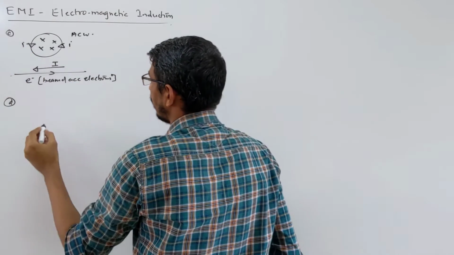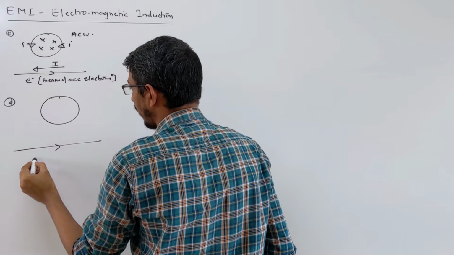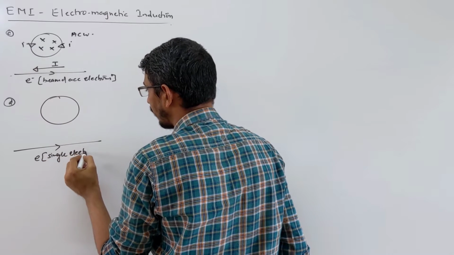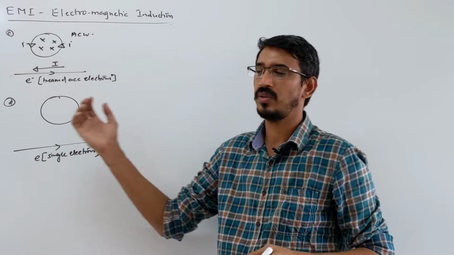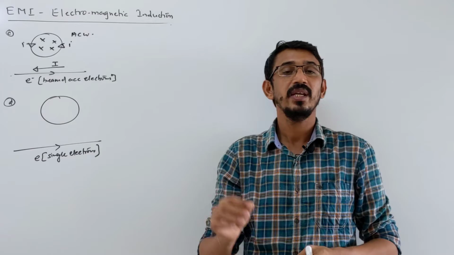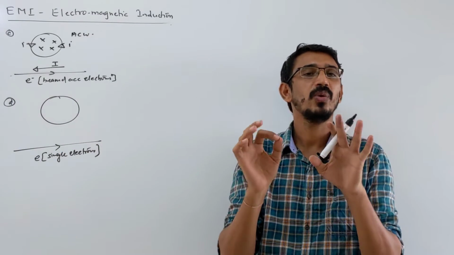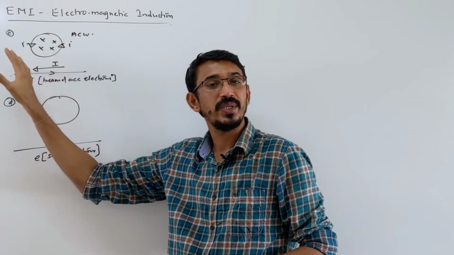Suppose this question was also asked in our exam. Look here, they said a single electron is coming, single electron, not a beam. So they say alpha particles are coming, positive particles, protons coming, accelerating, decelerating. If a beam is coming continuously at constant speed, then the current will be constant, so flux and field will be constant, and no EMF will be induced.